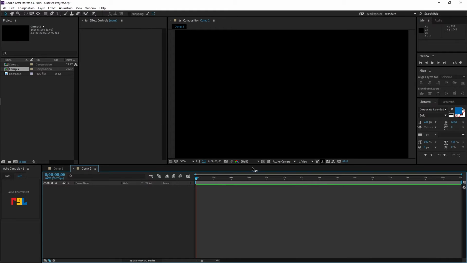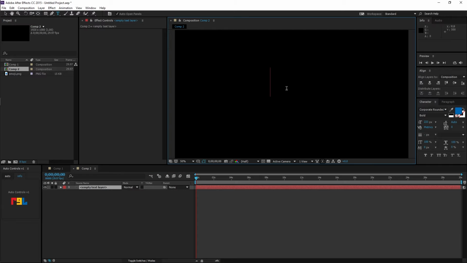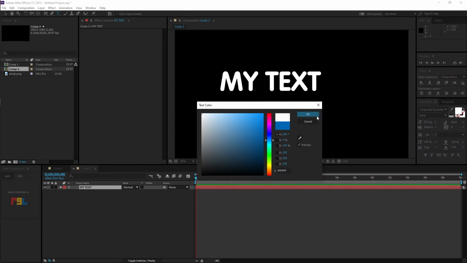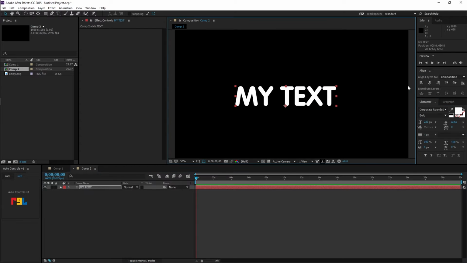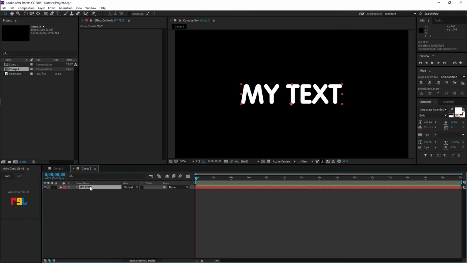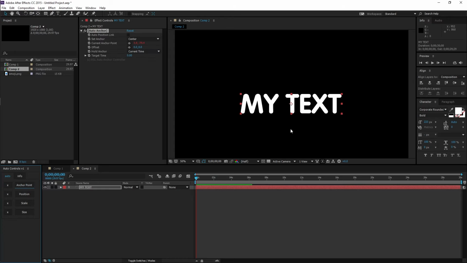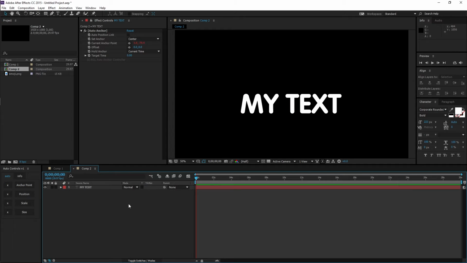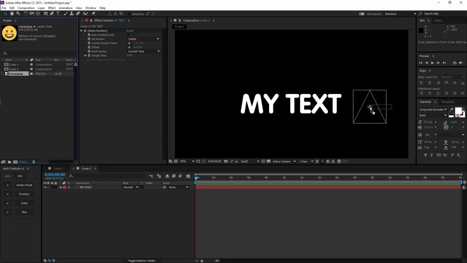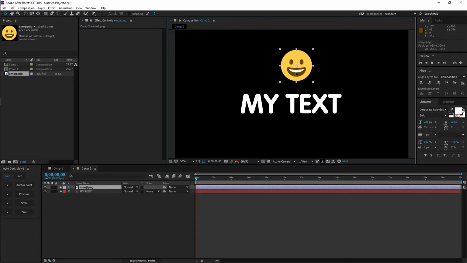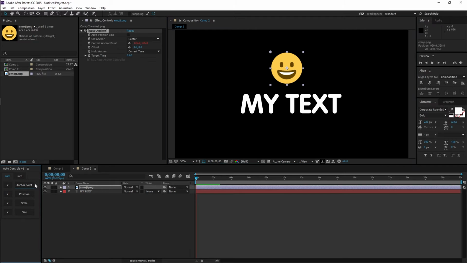I will just make a new comp and then make it white. So I'll just center this. So first, what I like to do is I like to lock my anchor point for my text, and then I will just drag my emoji, and then I will also lock the anchor point and then